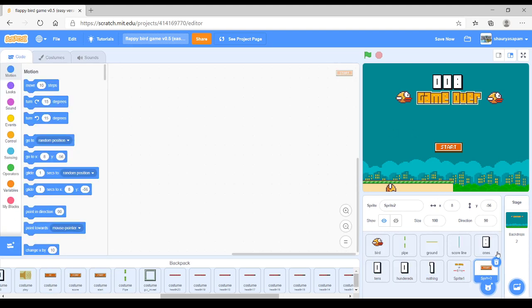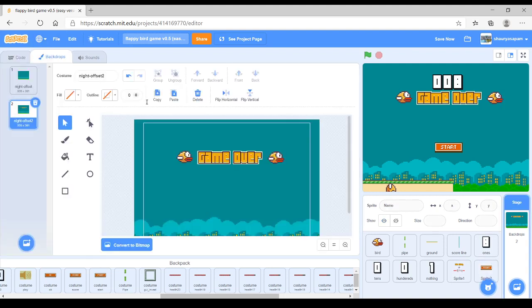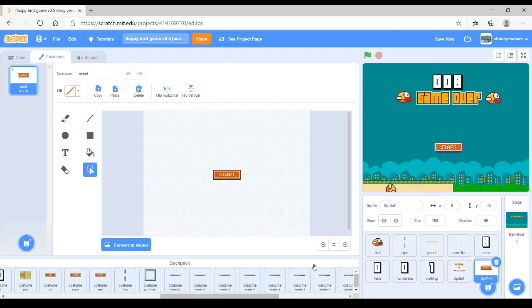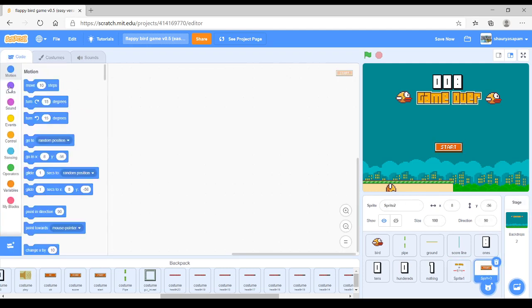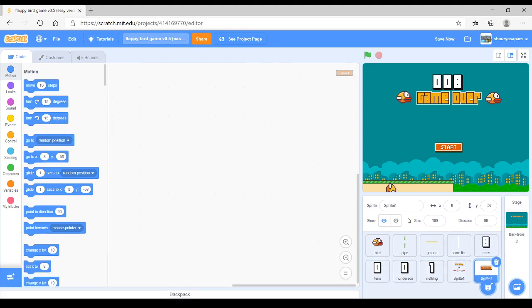Yeah, I'm only making the start. You can even make a retry one. So let's just put that here. Done. I don't want to do any more time wasting stuff. So now what we want to do is go in our sprite, which is a start